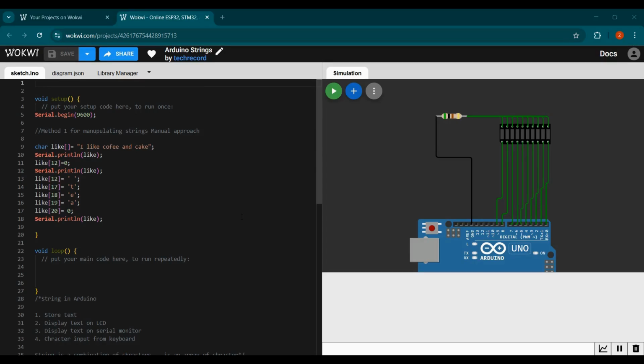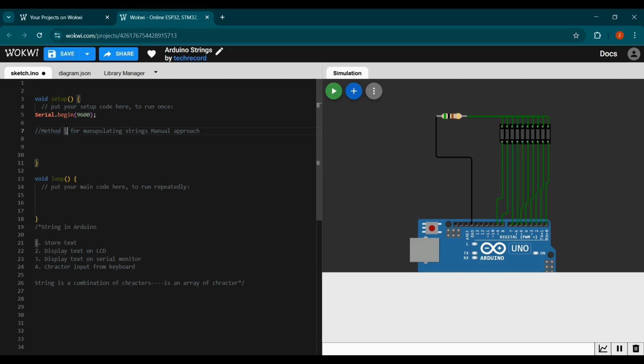Now dear students, till now we have understood how we can manipulate a string manually, but now it's time to check the functions that are provided in the C language for manipulation of the string. First of all, let me remove all this, and it's the method 2 for manipulating a string, and this method is by